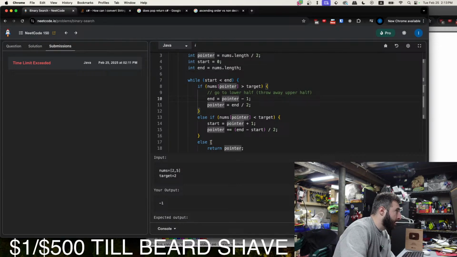We set the end to 2 minus 1, which is 1.